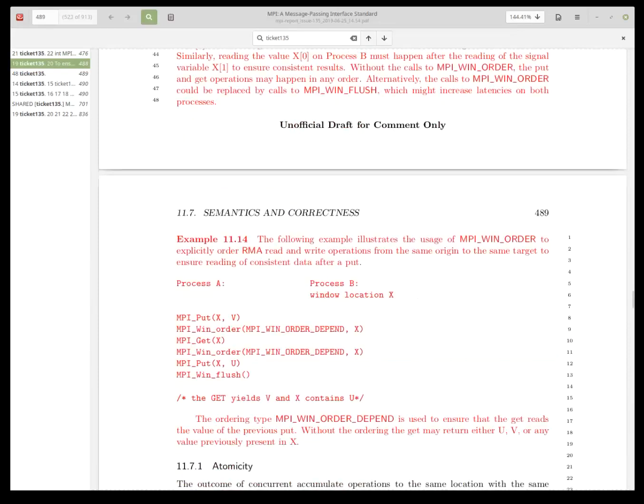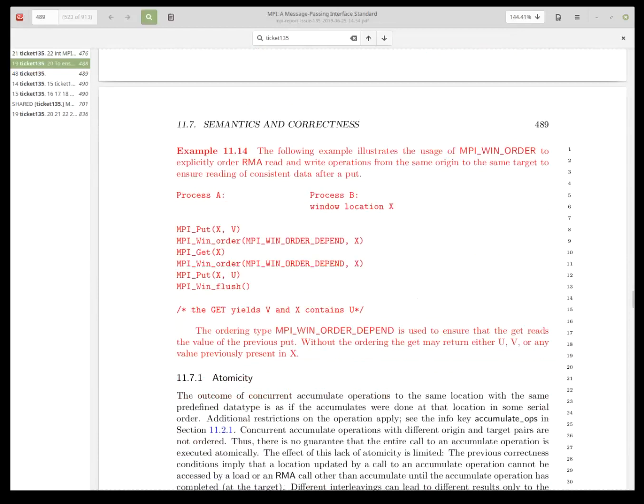There's the second example. Again, the window location is on process B, and process A performs RMA operation. The following example illustrates the usage of MPI win order to explicitly order RMA read and write operations from the same origin to the same target to ensure reading of consistent data after a put. Process A puts the value V into X,